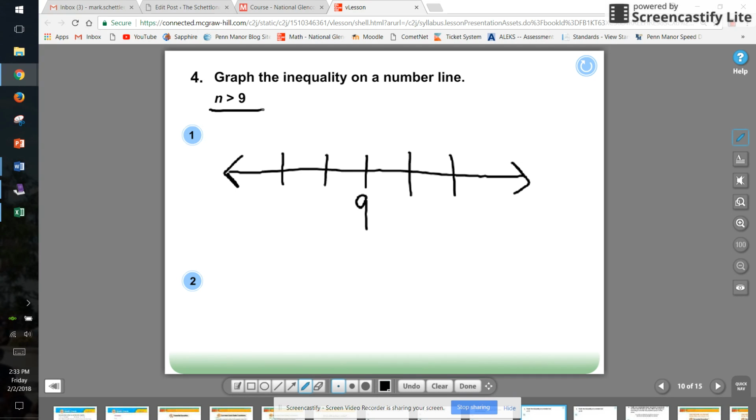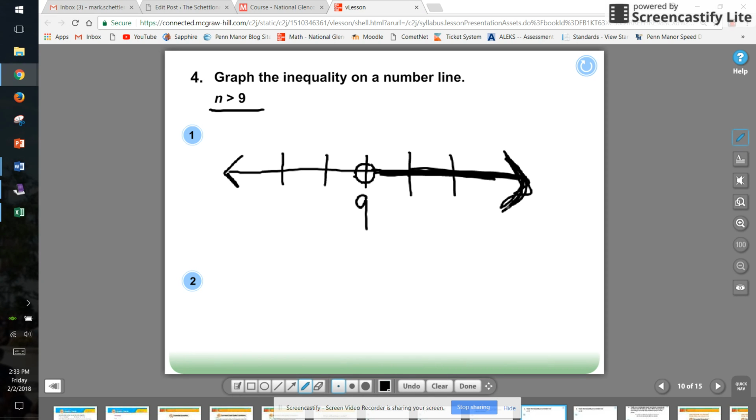So all the numbers that are greater than 9 count. However, 9 won't work, right? Because it says n is greater than 9, and 9 is simply not greater than 9. The way I'm going to label this to make sure the reader knows what's going on, I'm going to put a circle here. That says that's where you start counting. However, don't include the number 9. And then I would graph this way. In the miracle of screencast land, I have to go over it quite a few times to make it stand out. So all the numbers that are greater than 9 are now labeled.